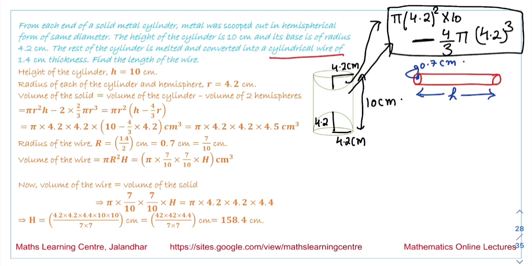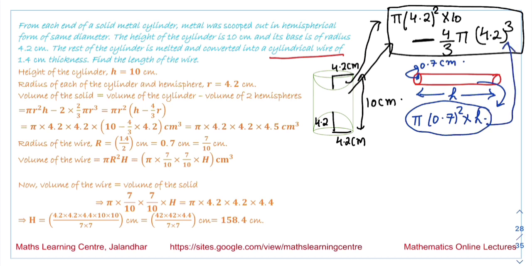Say the length is h. So the volume of this wire is pi r square, meaning 0.7 square into h. Whatever the volume of this wire is, that should be equal to the volume of the remaining material of this cylinder. So if we equate both these values and take pi common,